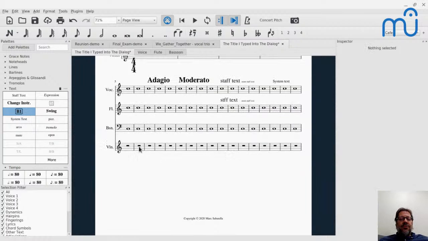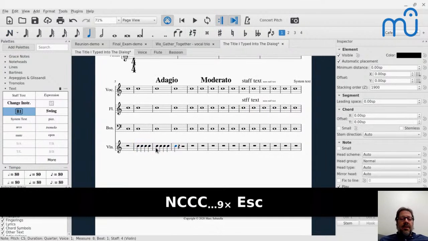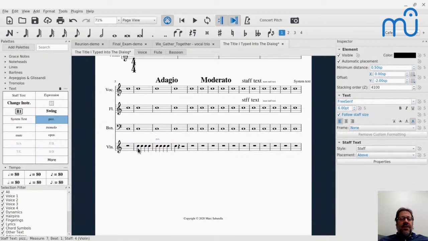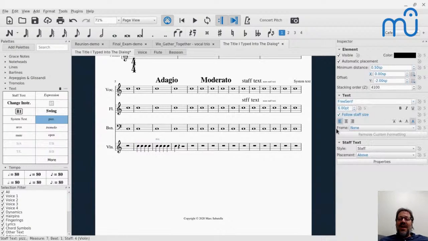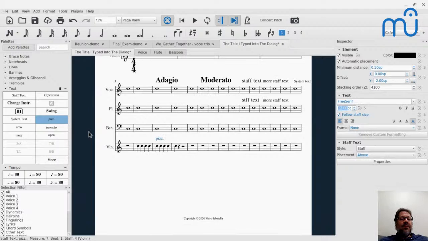If I put some notes here on the violin staff, and then I click here and click pizz, you'll see, well, first of all, it's tiny because I previously changed my font size for staff text to be tiny. Let's put something more reasonable. How about 12? All right, now my staff text is 12.